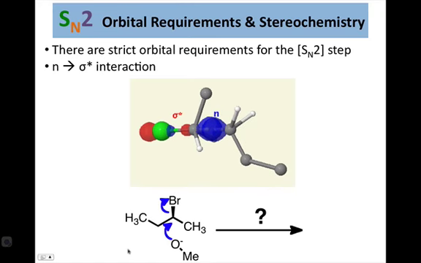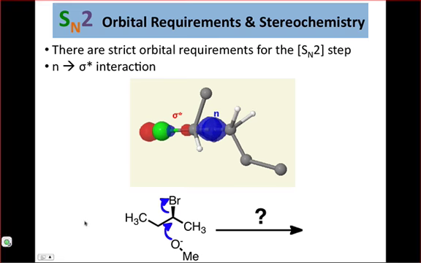There's a very interesting orbital requirement in the SN2 reaction that has some interesting consequences on stereochemistry, particularly for molecules that possess a stereocenter at the electrophilic carbon. So in this example down here, here's a stereocenter at the electrophilic carbon, and what we see is that the nucleophile can attack and displace bromine, and now we're left with a question of, does the methoxide end up pointing out at us after the reaction is done, or in the back? Well, as it turns out, it ends up in the back, and you can see why by taking a look